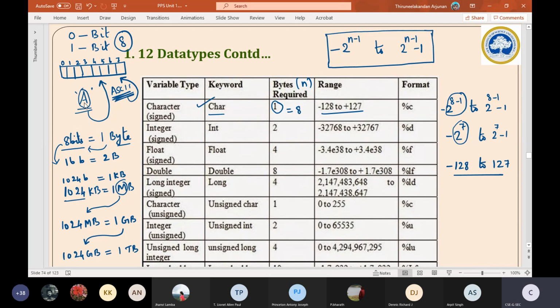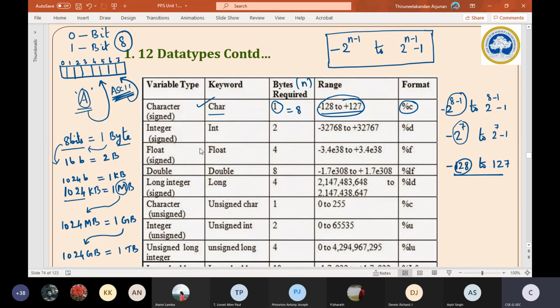Each and every character will get converted into an ASCII value. Basically, it will be a number. That ASCII value will have negative numbers also, from minus 128 to 127. So this is the range of characters that get stored in the memory space. And the format to accept such a character is %C. This is known to everyone because for nearly 2 to 3 classes we have come across %C, %D, %S like that. Is it clear, students?